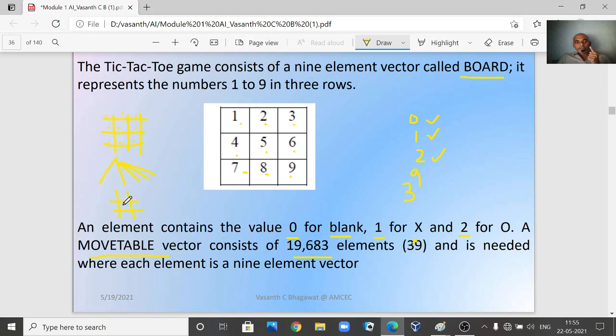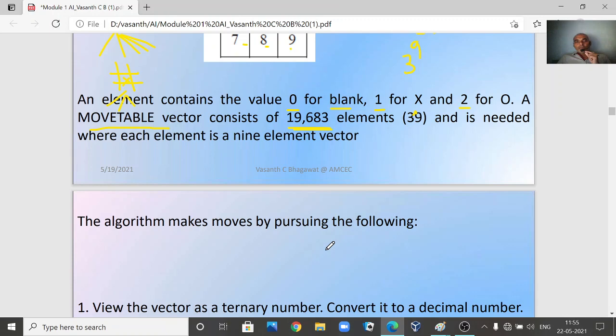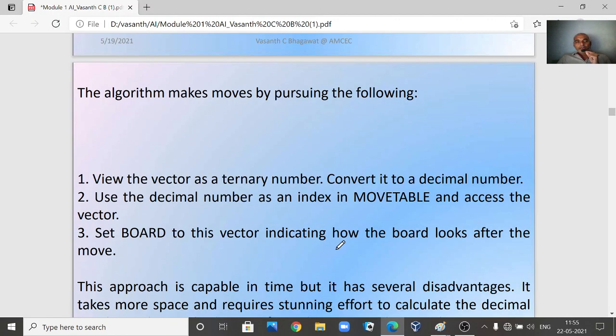So say for example, x is going to make a move here in the center part of the board. Not only the center part, apart from this, he still has 8 positions, right? Now he makes a move. Next O's turn will come. So now how many possibilities will O have? Now when you say we are using 3 numbers to represent and 9 places are there, 3 to the power of 9, 19,683 elements are there. So this is the data structures we are going to use, and the algorithm.